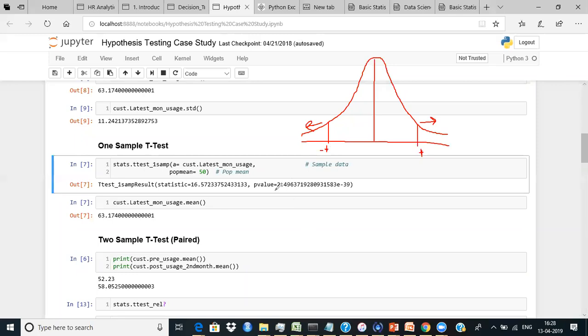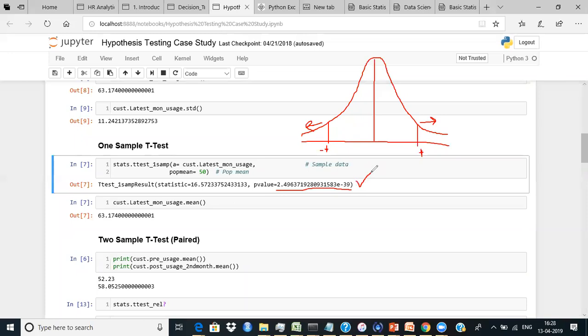right? So this p-value, is it greater than 5% or less than 5%? Less than 5%. If I divide it by 2, it will still be less than 5%. Okay, so I know my null hypothesis is not true. Makes sense? Okay, now